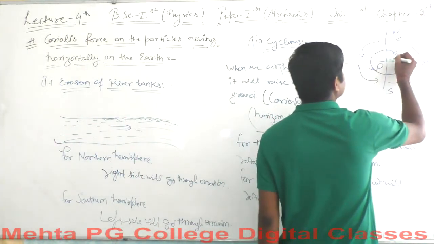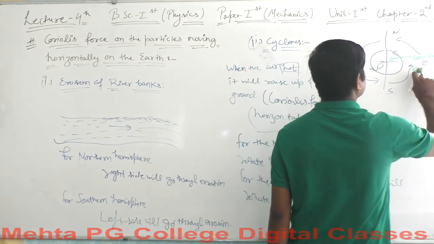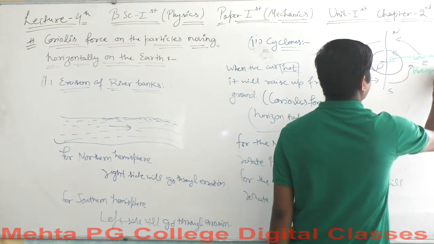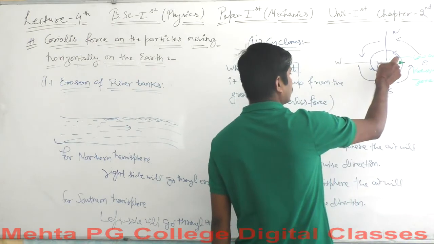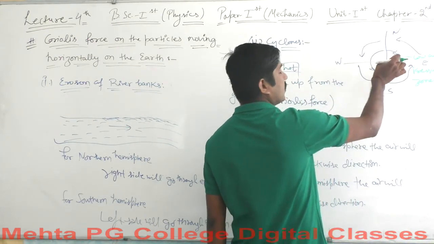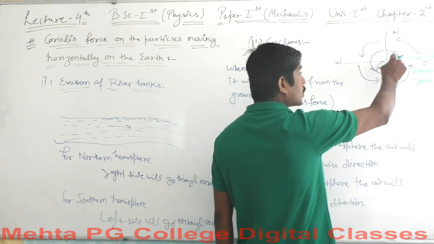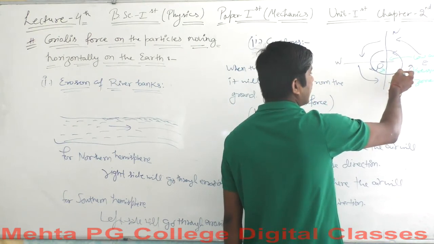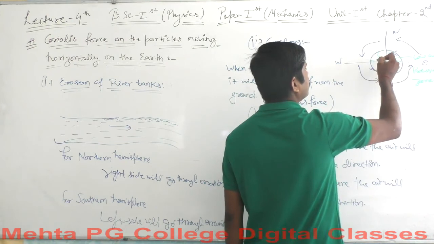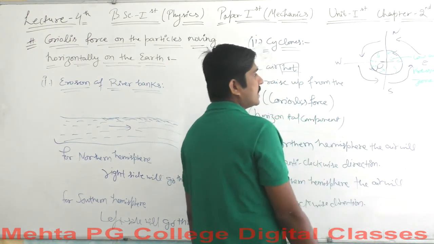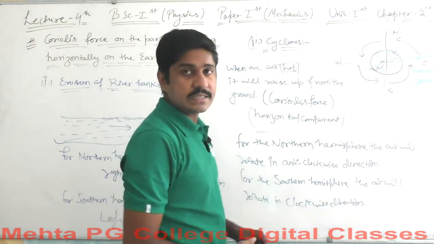This particular zone will be the low air pressure zone. Okay, so this is the low air pressure zone here for the center O, and due to this low pressure, what happens exactly is the air will try to come up towards the center. Every time the air will try to come towards the center, but just because of the concept of Coriolis force, the air keeps on rotating around these centers,